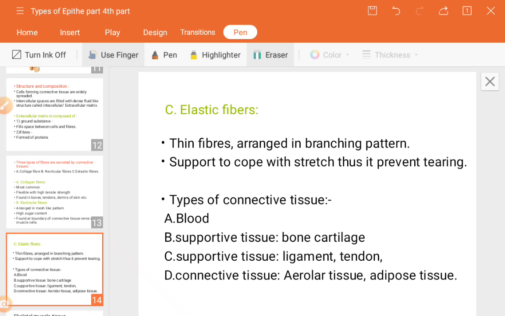Next is supportive connective tissue, here it is B1. Supportive connective tissue is like bone and cartilage. So what is the role of bone? Bone is a strong and non-flexible tissue. See guys, as I have told you, compared to the ligament, which is very soft, bone is very strong and non-flexible, and it forms the framework of the body. It forms the framework of the body, which means it helps to give structure to our body parts. That's why it's known as the framework of the body.